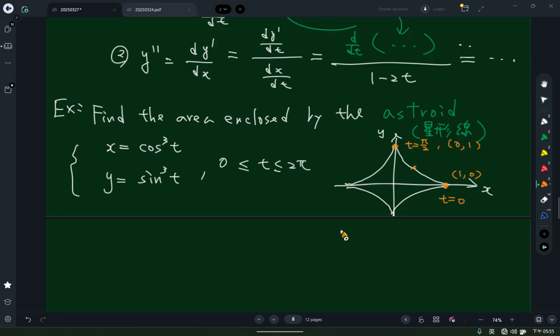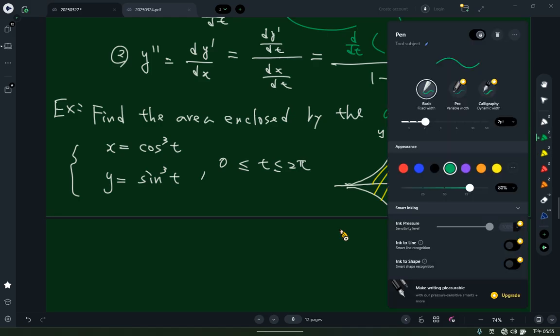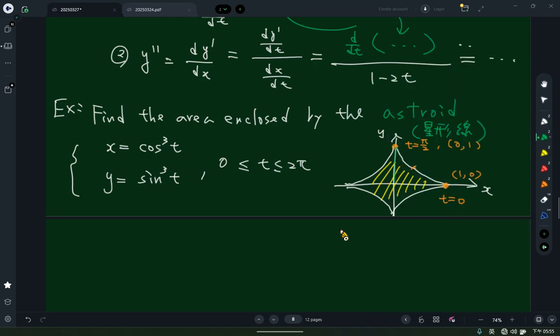So the question is, can we find the whole area? Right? But if we want to get the whole area, can we just focus on this part first? If we can get the green part first, then we can simply times 4. Then we can get its real size. Okay? So the question will be,